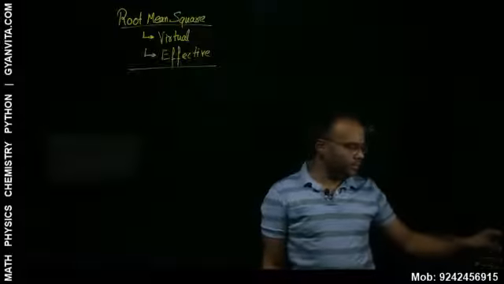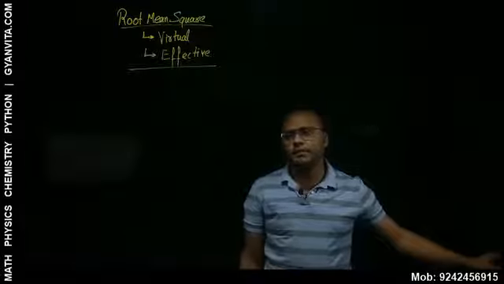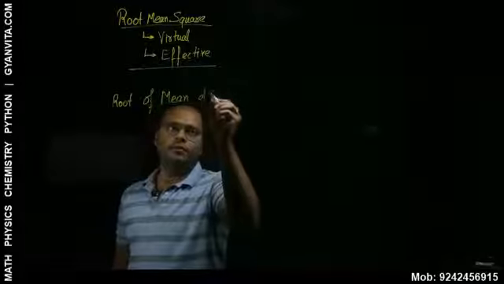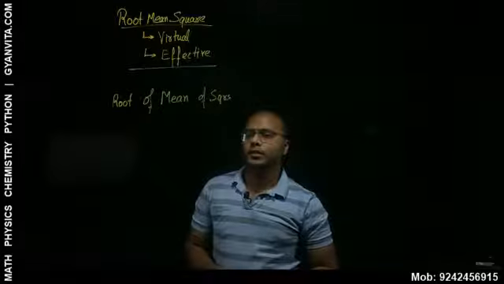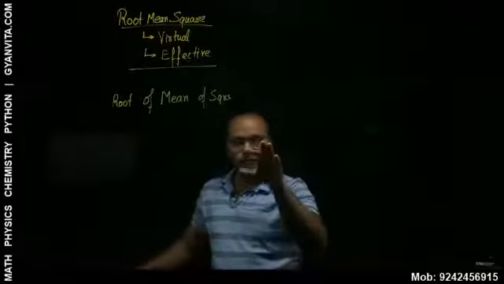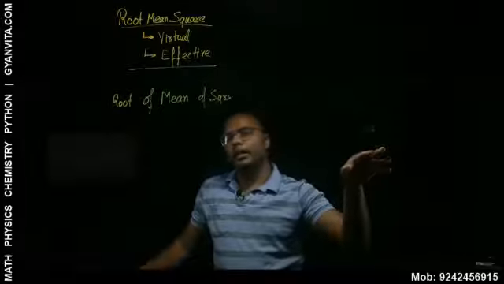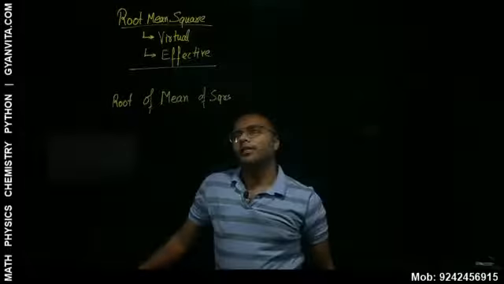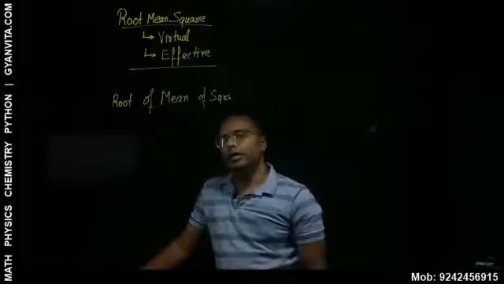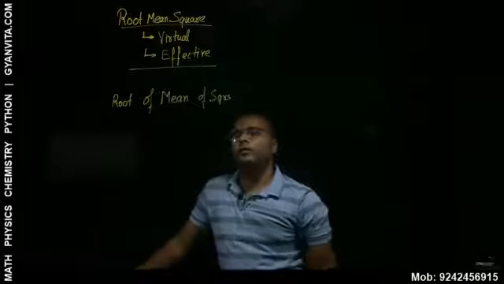Now, what exactly is RMS? You must have seen this earlier as well. Root mean square is simple to understand. You take the square, then you take the mean, and then you take the root of it. Root of the mean of squares. So if you have a few values, you square them, then you take the mean of those squares. Mean means you add them and divide by the number of occurrences. So mean of squares, and then you take the root of that, right?